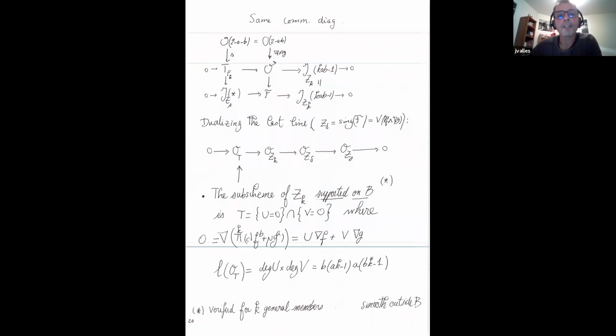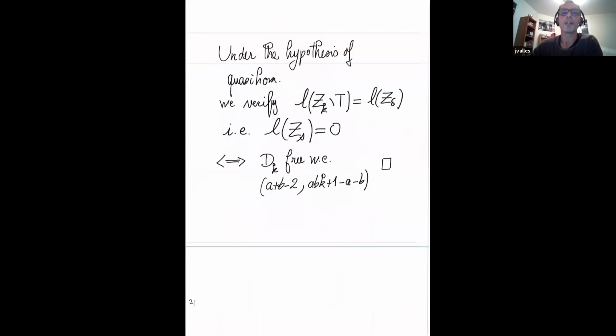And we can see that if you take, for instance, the union for zeta K of F_k, you take a union of K curves, K members in the pencil that are not plus singular, they are only singular along the base locus. Then O zeta K will coincide with O T and O zeta delta with O zeta S. So there is the same kind of game as before, with some technical difficulties, but not so important.